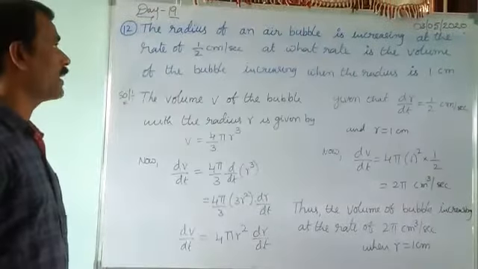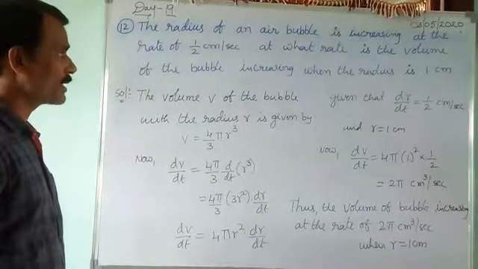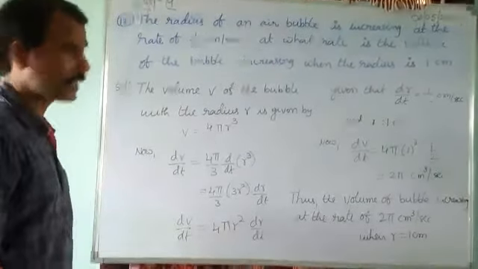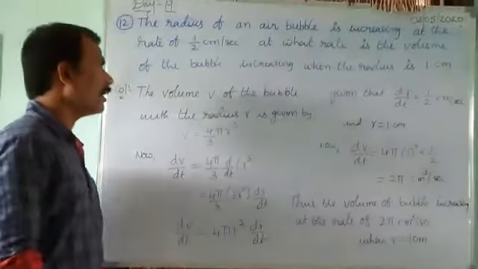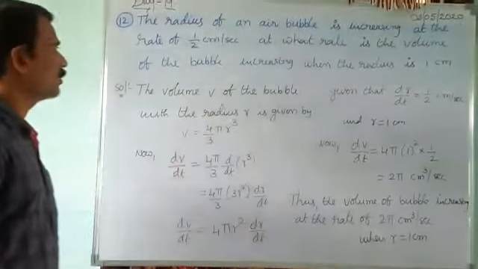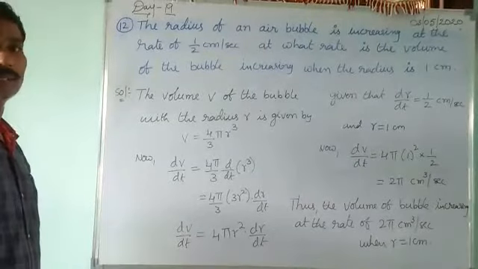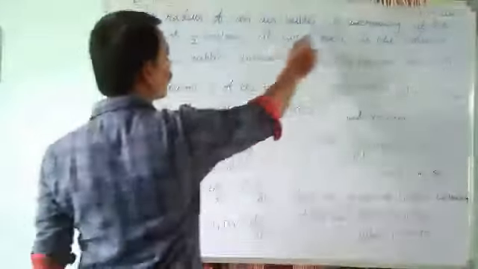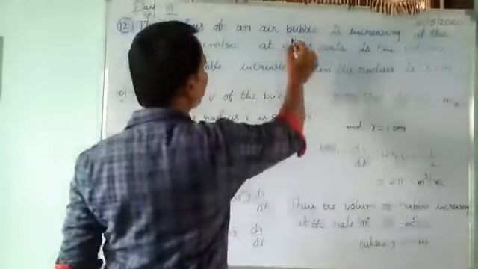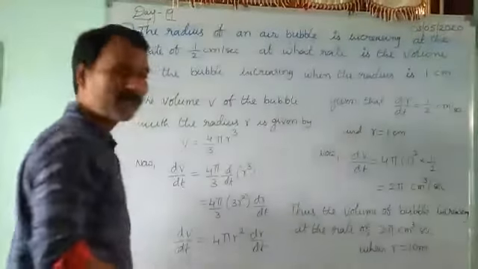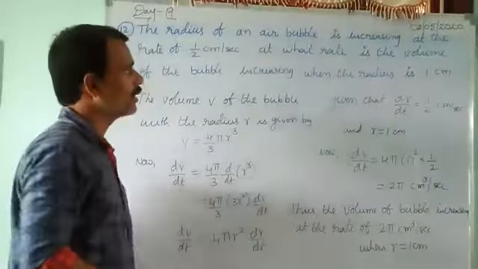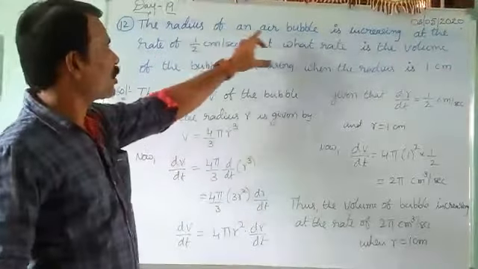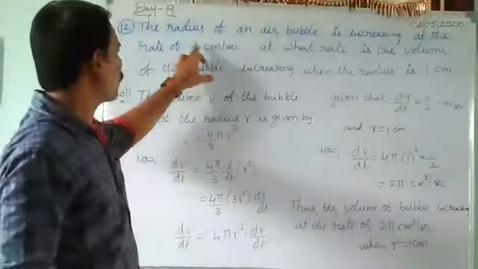12th one. The radius of an air bubble is increasing at the rate of 1 by 2 centimeter per second. At what rate is the volume of the bubble increasing when the radius is 1 centimeter? So students, air bubble means it is in spherical shape. Given that the radius of an air bubble is increasing at the rate of 1 by 2,